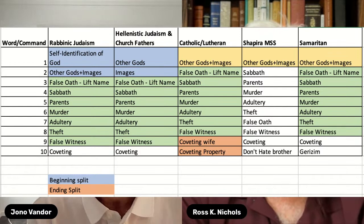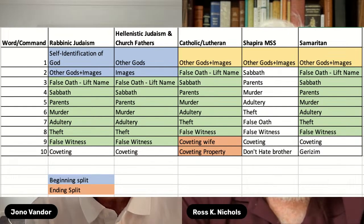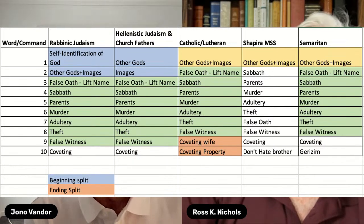So Shapira's manuscript is not like some total redo of the 10 words. It has the same things, except it actually has 10, and the 10th is don't hate your brother in your heart. We'll get to that in a moment. We will. Before we just continue, it's worth mentioning briefly, leave that up, that